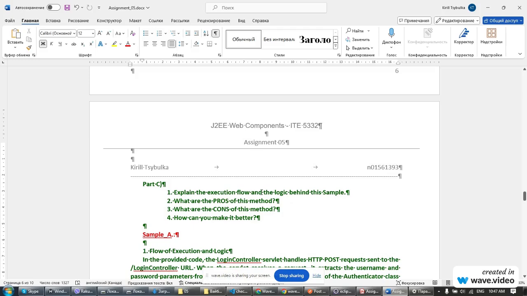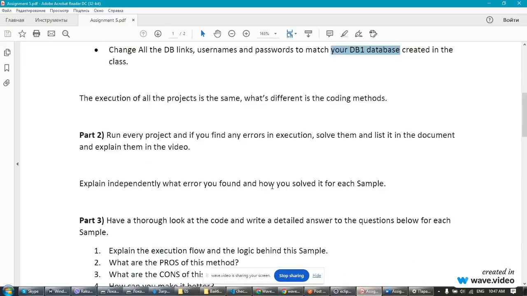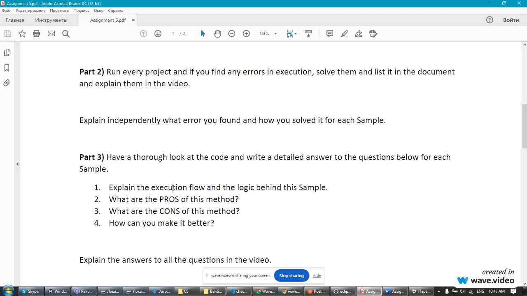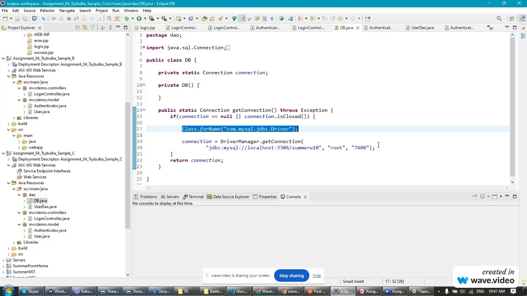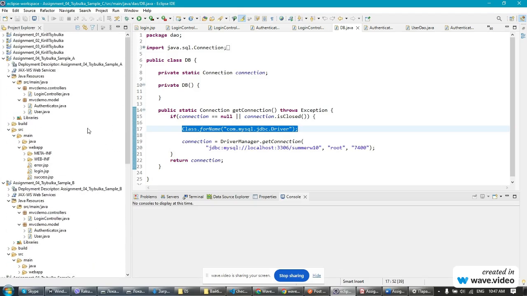In part C, we have to answer separate questions: explain the logic behind each sample, explain the pros and cons of each of these methods, and suggest some advice on how to make the code proper. So our sample A, we have